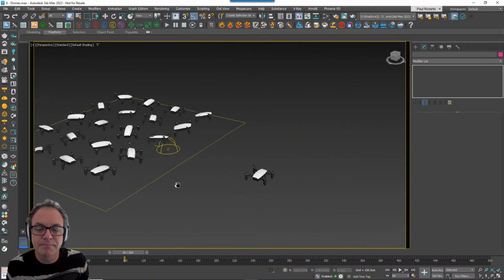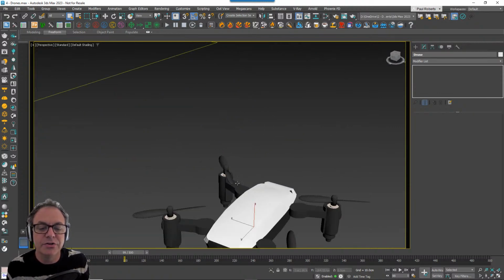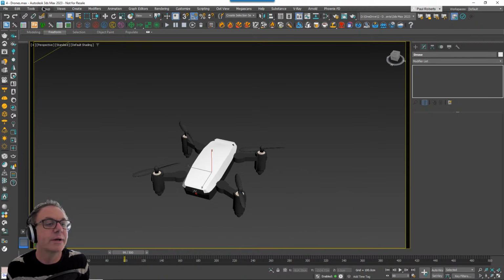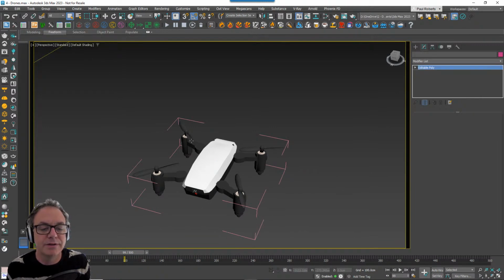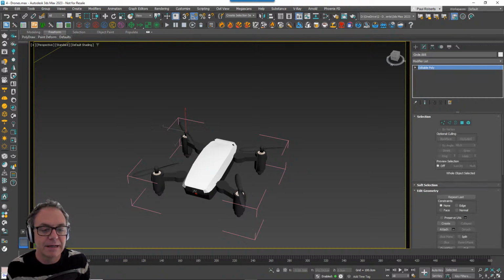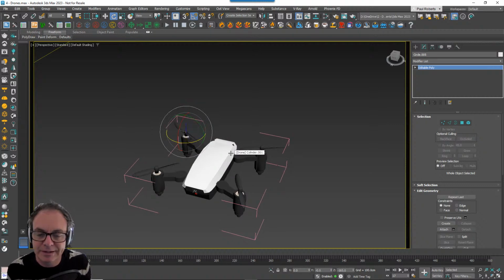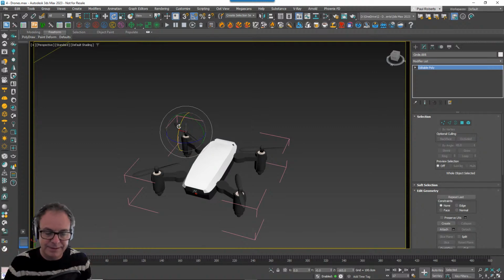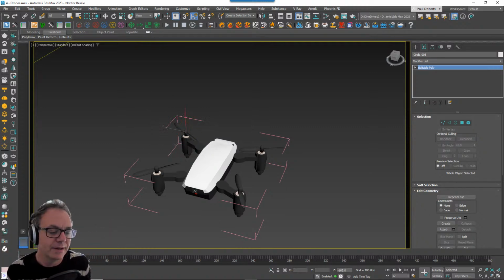Now, what you can't do in this group is just open the group and pick one of these, and simply animate the rotation, because Forest Pack will ignore that, and it will just use the existing basic pivot point, and nothing will happen.